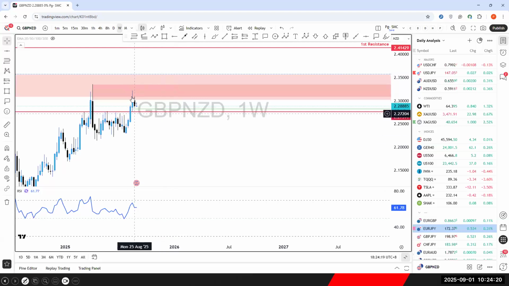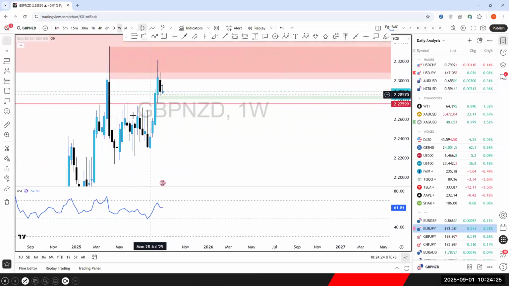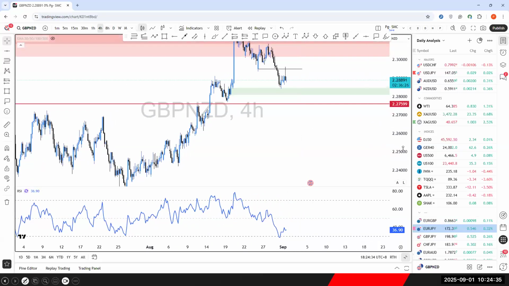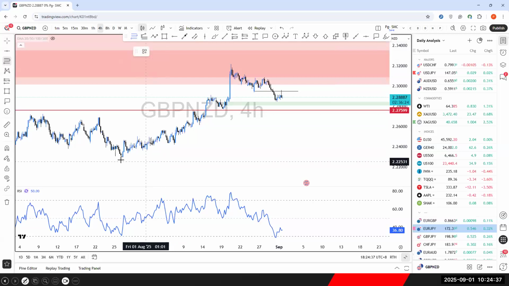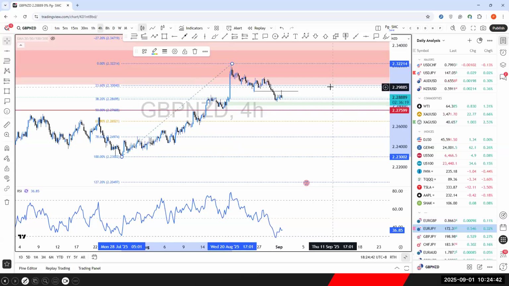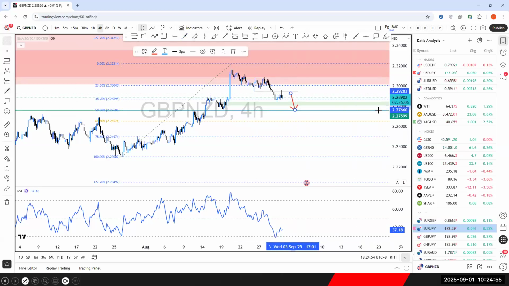And this is the level for the weekly time frame. This is the liquidity, a lot of rejection, break above, pullback, right? Go to H4 again. Let me use the Fibonacci retracement. Exact 50% fib. So this is gonna be the support level, right? This is your support level. And price could fall in here.